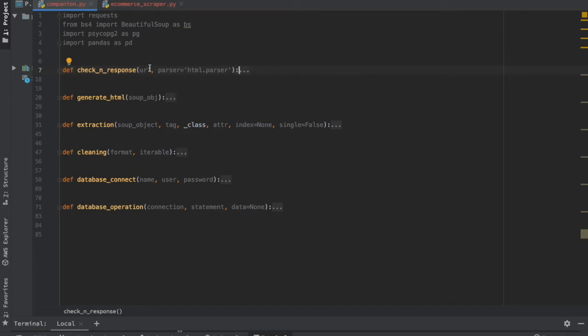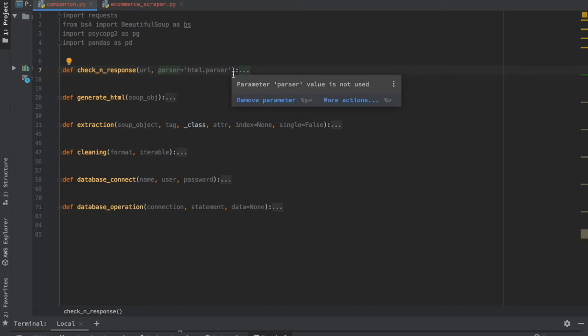What it does is it uses parameters, that is URL, and then there is this parser. This function is more of doing one thing. It checks with the request.get method if that response is okay, that is, if the status code is 200, it is going to return us a beautiful soup object directly.